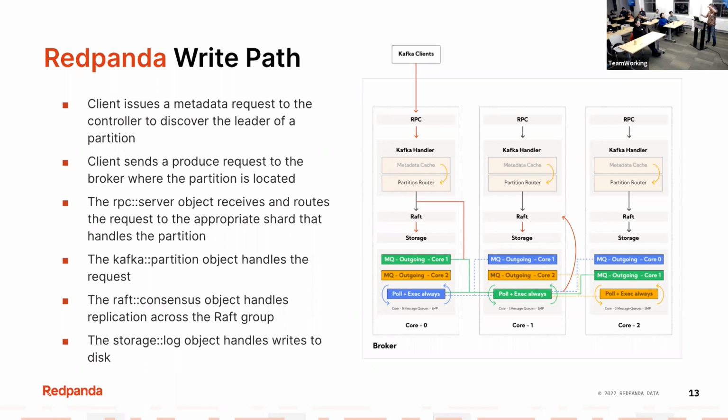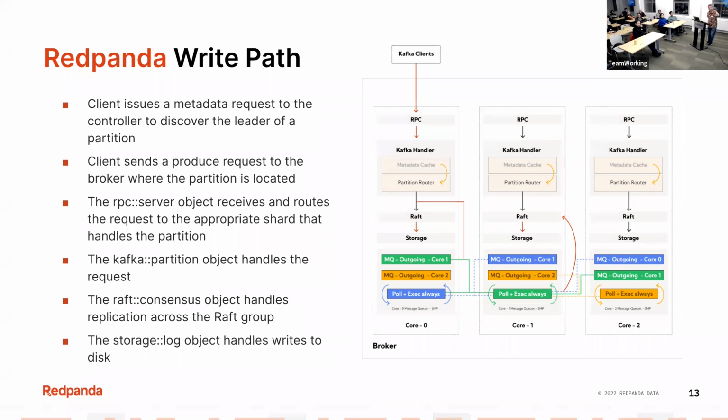It could come in on any core, any one of these in the RPC layer, right? Any one of these shards can basically pick up that connection. And then there's some routing that happens where it determines, okay, you're on the right broker, but actually this partition is being served by another core. Let's say in this case, it's core 1. And so there's that routing that goes on, and it basically says, I actually need to package a whole bunch of data and put it in your